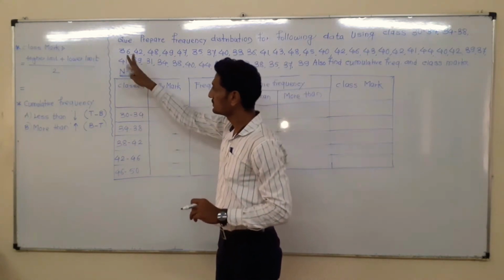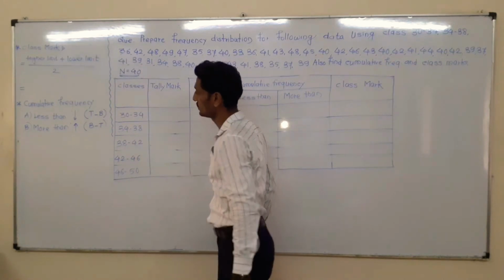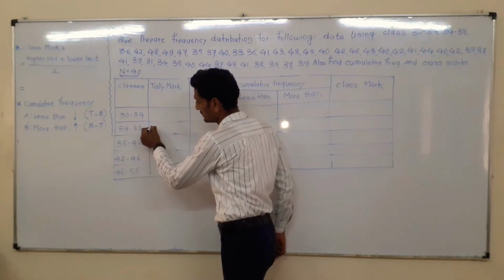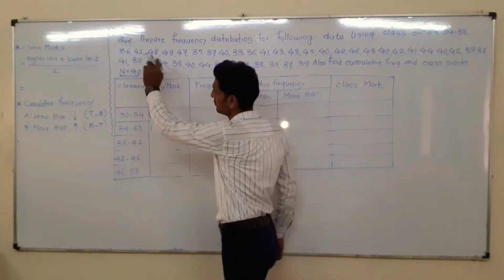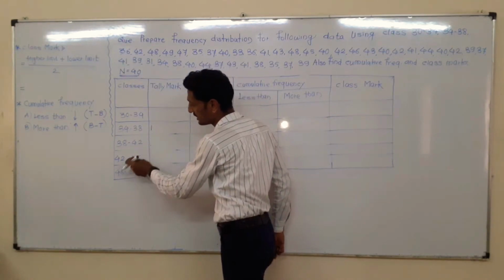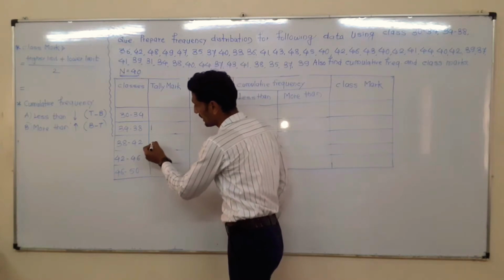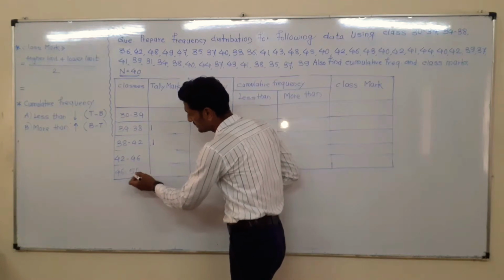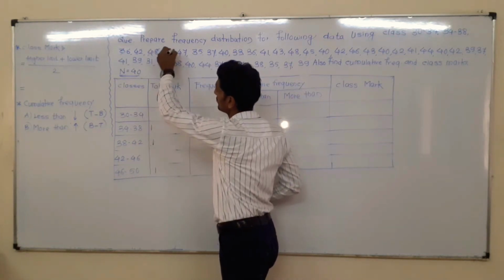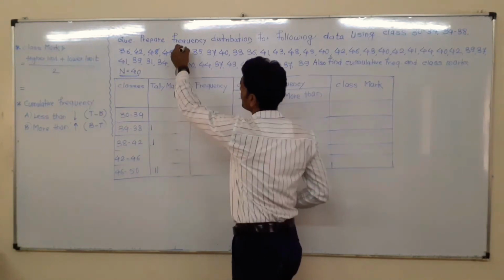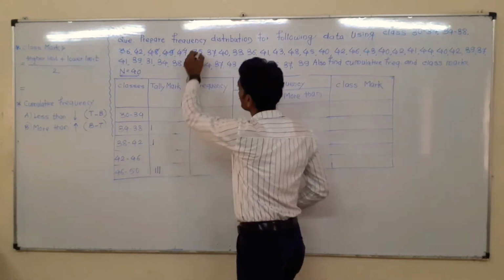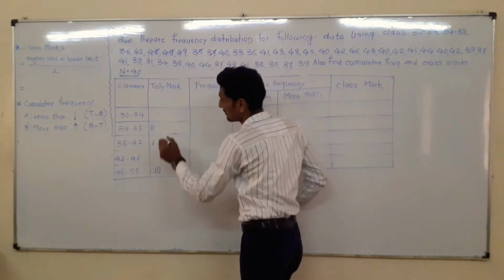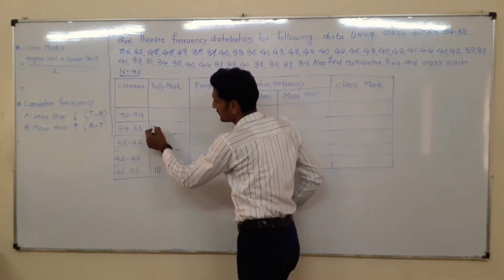Now I will start with the first number, 36. So 36 will lie between 34 to 38. This is the first step. Next 42, which is here and here, so my choice, I will draw here. Then 48 lies in this last row. 49 here, 47 also here. Then 35 lies here. Then 37, that lies in between here.